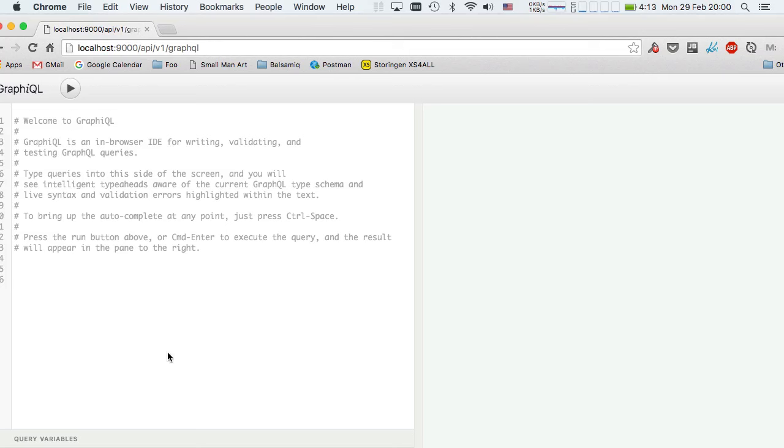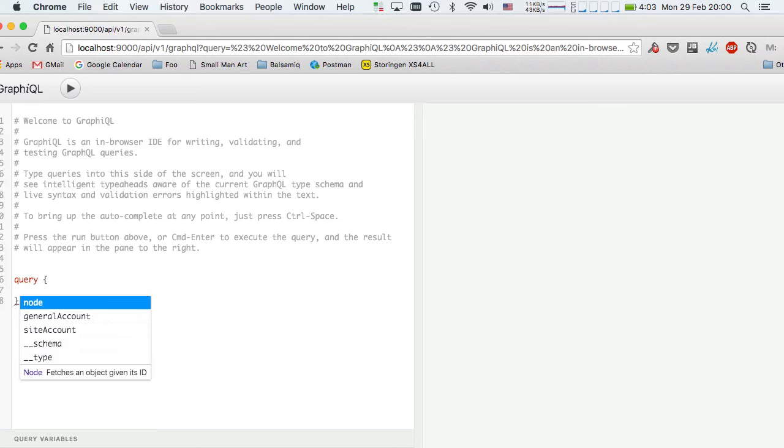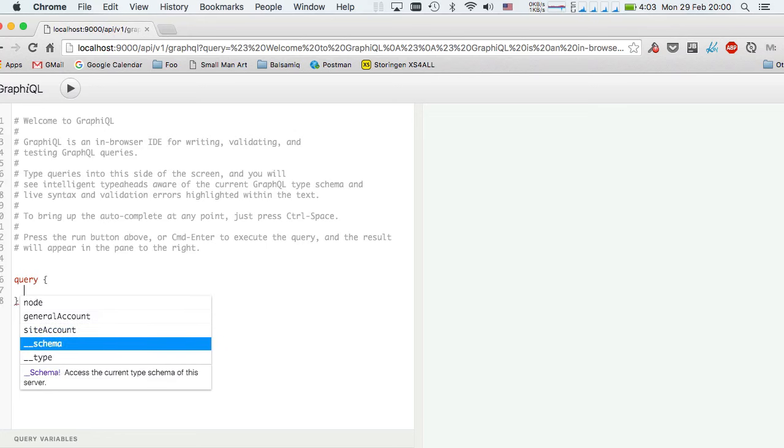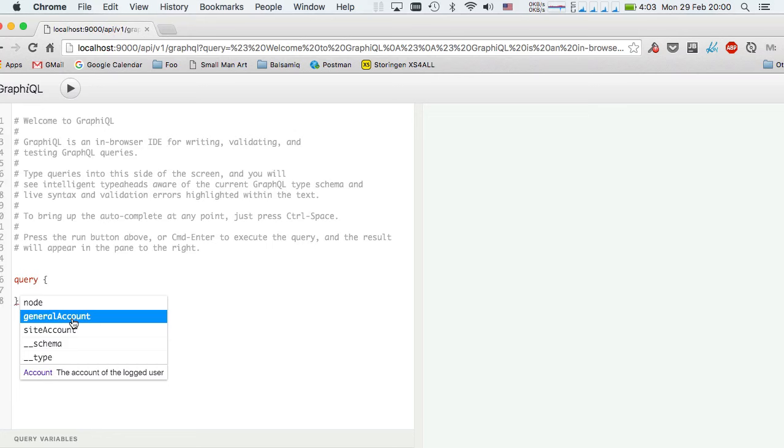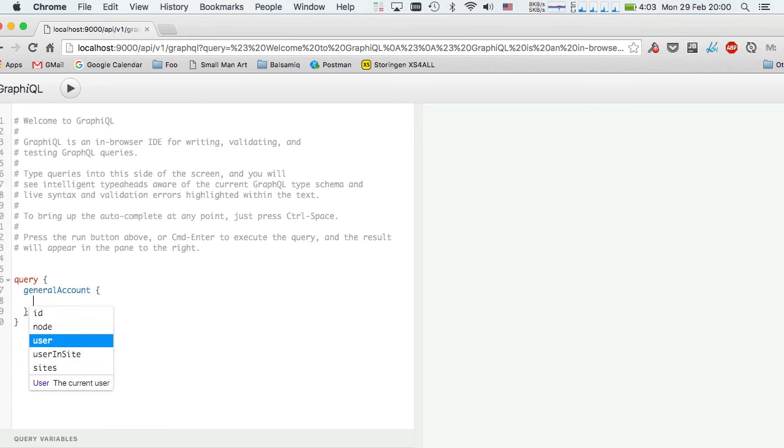And GraphQL has auto-completion and introspection, so you can actually hit the right key, and you can do a query. And you have a general account, as you can see in the description down here. It's the account of the logged user,